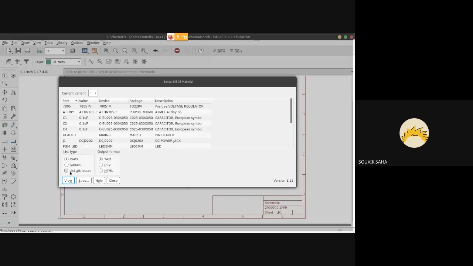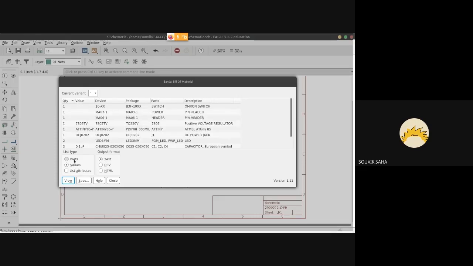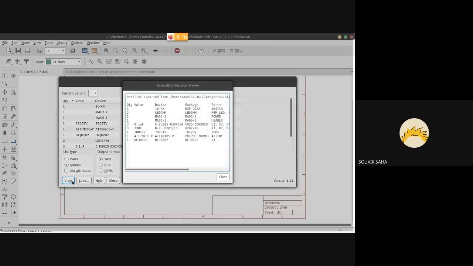List attributes. You can uncheck list attributes if you want. Ensure that values is checked, and then you can select the output format of your choice. Suppose we want a text format, so you can then view it.